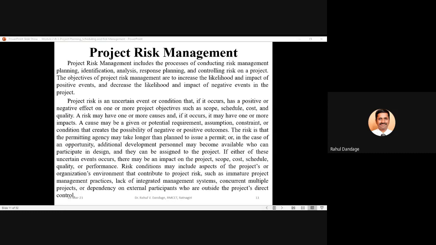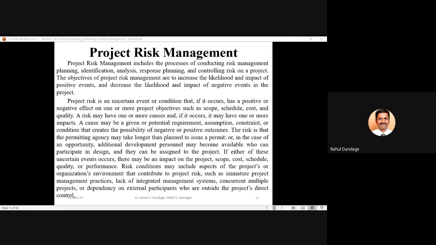Whenever we say risks, they are nothing but certain uncertain events, and these uncertain events either have a positive effect or a negative effect.